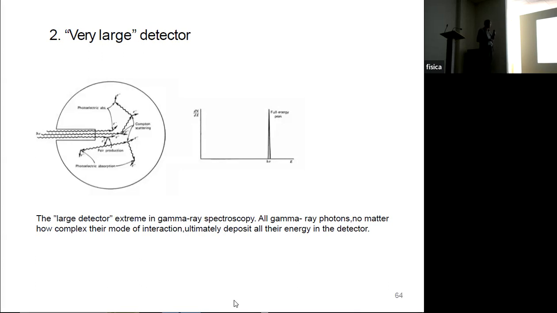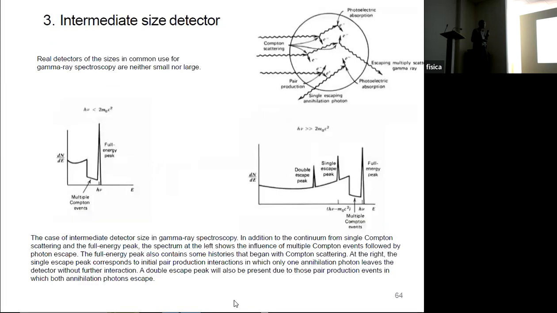Of course we would like to have this feature, but in reality it's impossible because for some applications we can't have these enormous detectors, and we have to use detectors of intermediate size,